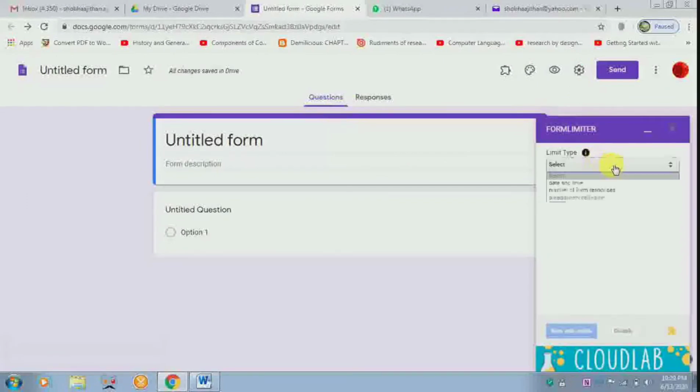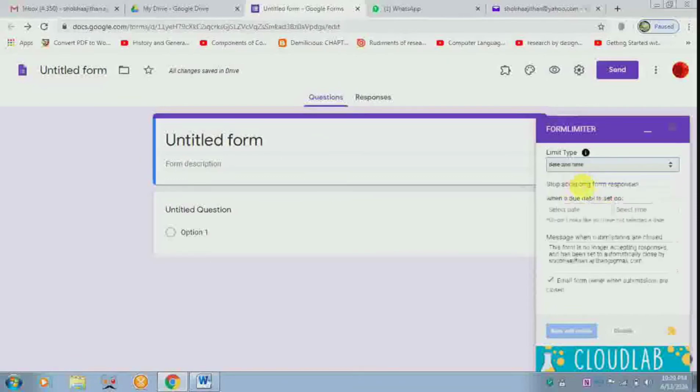So it is asking for the type. I want to fix the date and time. If you want, you can even fix the number of form responses also. But now I am only bothered about the date and time. That is when a due date is set on.